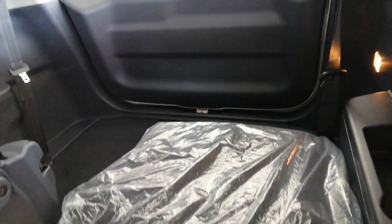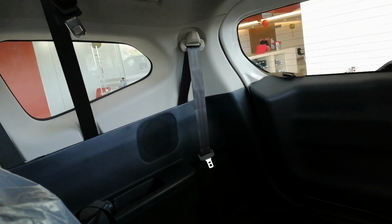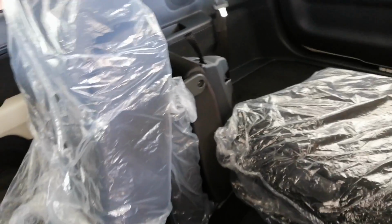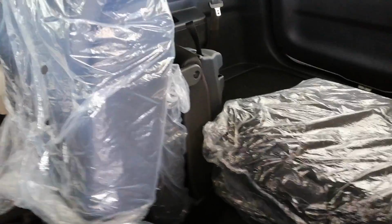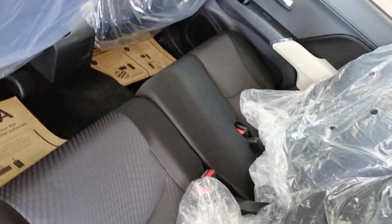Okay, well, I'm not too worried about it because you're not really going to be, but there's a lot of seat belts. Look at that, there's a seat belt over there, there's a seat belt over there. So they were keeping in mind the safety of the third row passengers. I don't really have that many third row passengers on, but it's nice. It's a nice option to have, especially if you're going to be using this for like what they call a service over here. If you're going to be using this to haul the kids around and their friends, or like